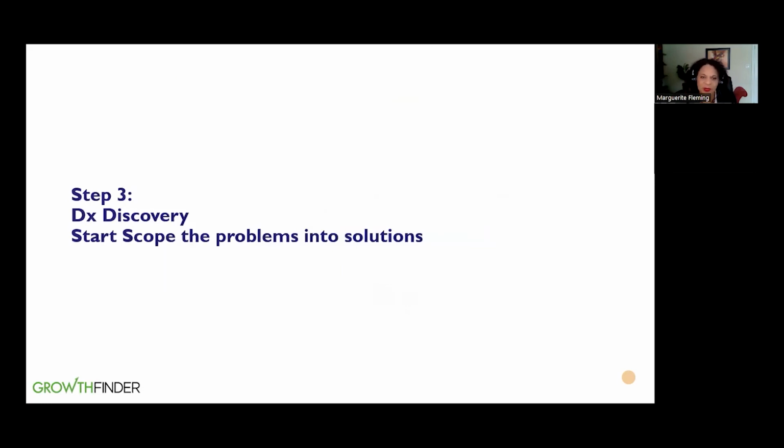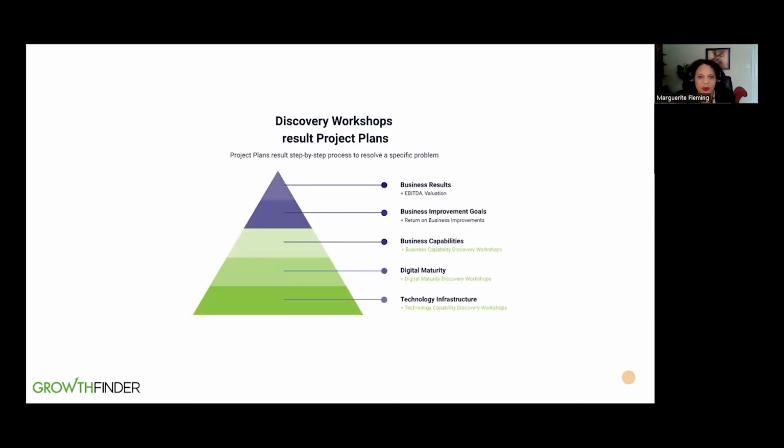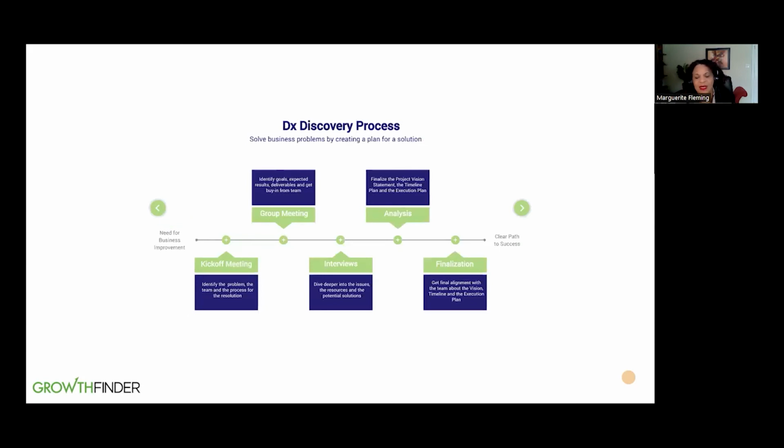So we then scoped those problems we've identified, what are the possible solutions. We went out and we provided a number of different options. So, when we're talking about updating a marketing automation system, for example, there are literally hundreds of them out there. Which is the right one for you? Okay, what is going to meet all of your needs? That's what we helped to scope out, the costs, the timelines.